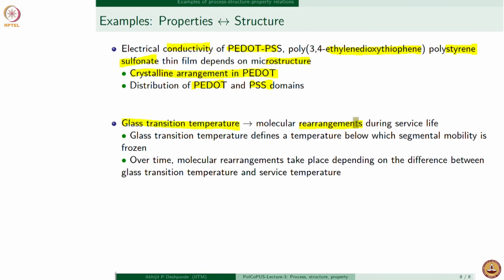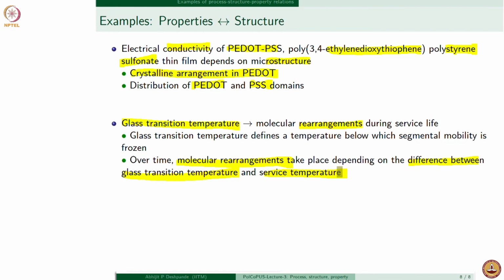If we take a polymer whose glass transition temperature is 150 degrees Celsius, then at room temperature, no structural changes may take place. So clearly you can see a property will determine what its microstructure is going to be over time. So in case of many of the polymers, rearrangements will take place depending on the difference between its glass transition temperature and whatever is the service temperature. So through this, what we have seen is the possibility of important correlations between processing, structure and properties in these polymeric